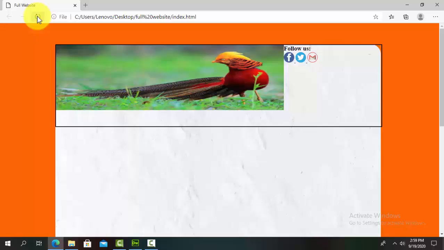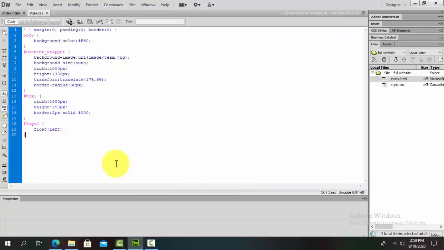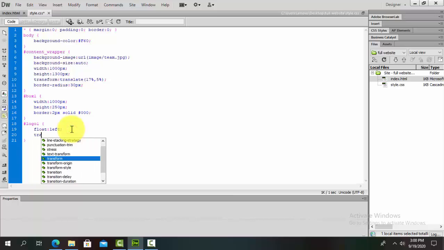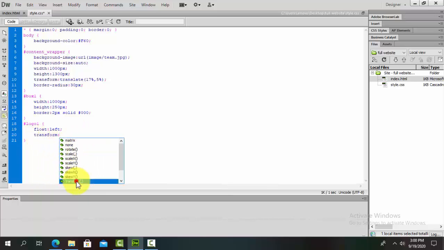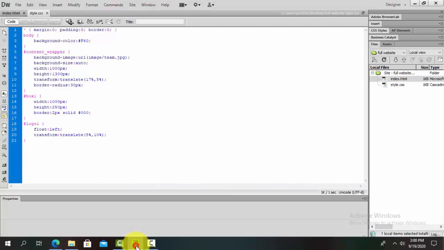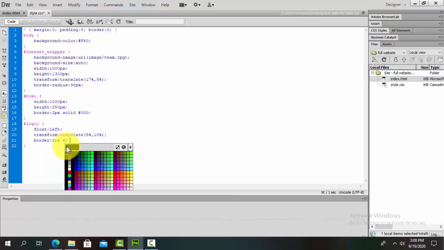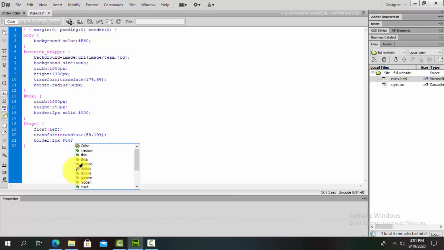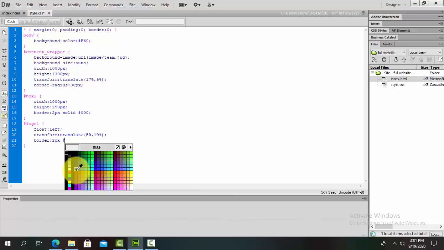Again just refresh it here, and you can see that the logo area is floating to the left, because we created logo one as float left, so it is floating to the left. Then I just set the area. So we just again use transform translate, 5% on the x-axis and 10% on the y-axis. So again refresh it. Then we just set the border, 2 pixel,